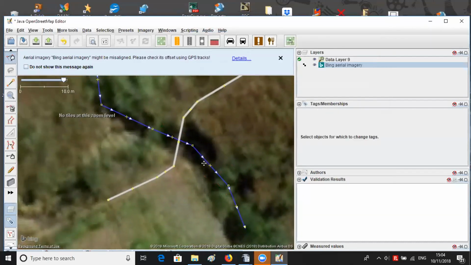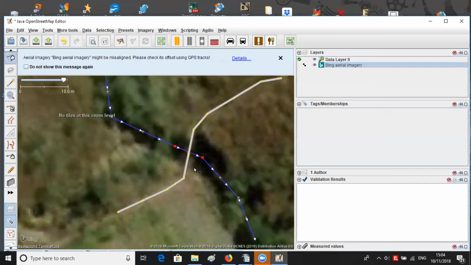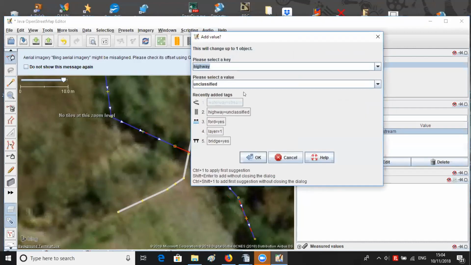To do this, we do the same as we did for the bridge, but we do it on the river. We select two nodes either side of the road. We press our P key to separate it off, and then we add the keys tunnel,